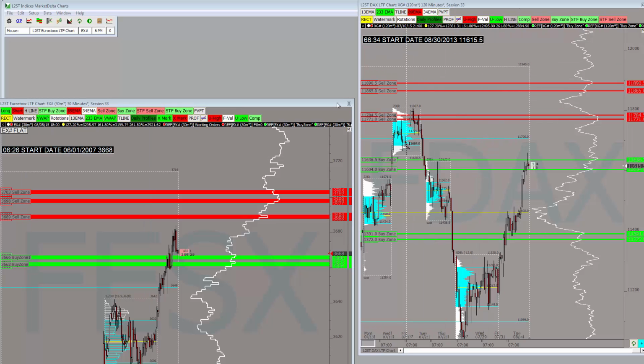Hi, in this video I'm going to show you how to set up your levels so that you can share them across your charts for the same symbol, for the same instrument. So what you need to do to set this up with MarketDelta and Investor RT is use something called vhash variables. So if you go to setup, then user variables in the file system,